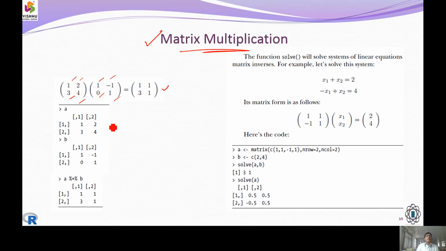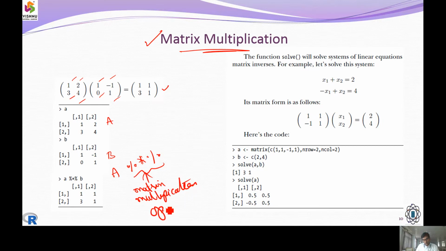So first we are going to put this as an A matrix. Second we are going to put a B matrix, and between A and B, the most important thing was we have an operator to do matrix multiplication. So we have to perform using the matrix multiplication operator, and it is applied between A and B to get the answer. Then it goes with position wise matrix multiplication as we do it on a pen and paper.